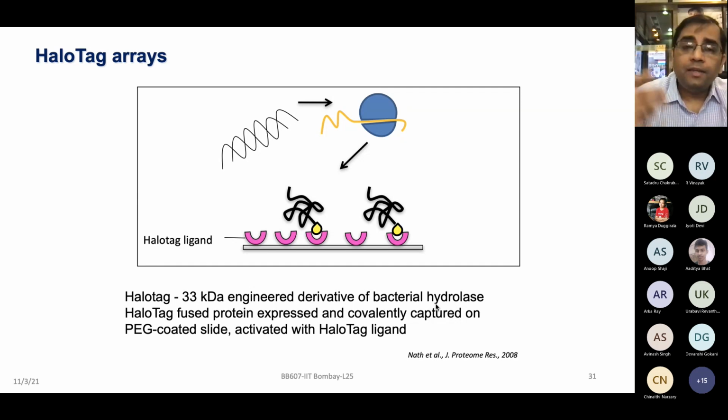Like you can add any tag of interest at the time of cloning. GST tag you have heard, and you have heard the histidine tag, and likewise you can add the HaloTag as well. So let's say this particular gene of interest now contains HaloTag. And now after doing the protein expression work with the IVDT mix, you synthesize the protein which contains this yellow colored HaloTag. Now on the surface, you have the HaloTag ligand, which is chloroalkane, which is going to bind to